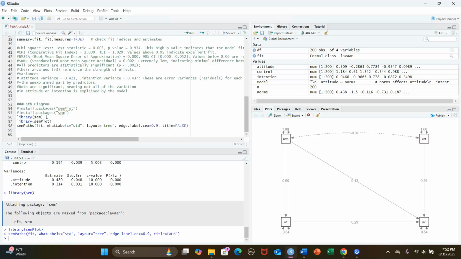You can see from attitude to intention, etcetera. All right, so this is a pretty simple but direct example of a classic path analysis